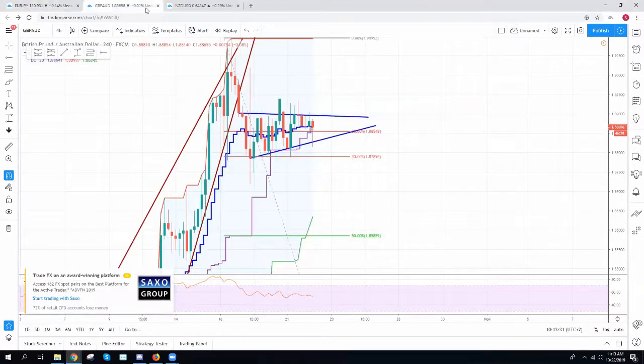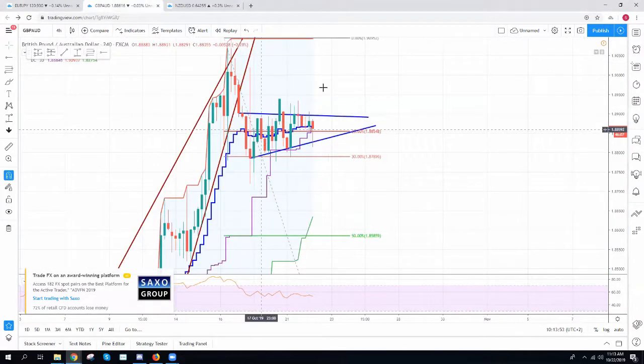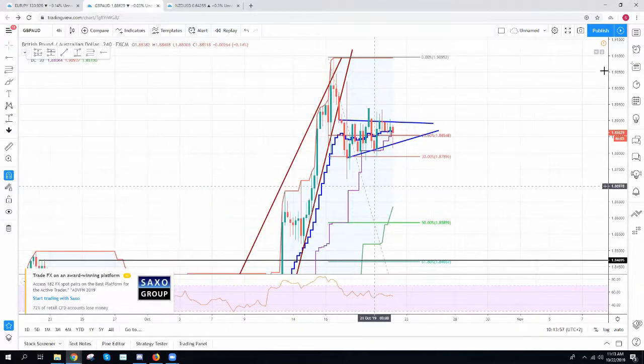Now, EURJPY seems to be breaking up, which is great for me, and this one seems to be breaking out too, which is as well great for me and for everybody in my community who actually took the trades on these pairs. So what we're going to do now is we're going to wait a little bit and see what could be happening. Any updates here, I will release to my community if I enter this,